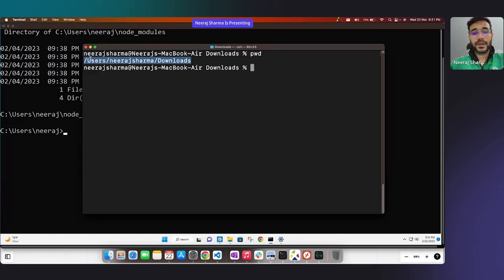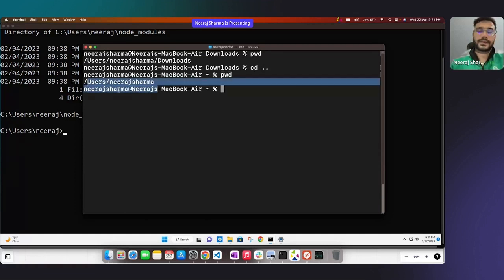Pwd gives me the current working directory. So I got that. If I say cd .., I move back. Now if I check pwd, it is giving me Neeraj Sharma. I hope no one has any doubt about it. Anyone who has any doubt about it? Acha,